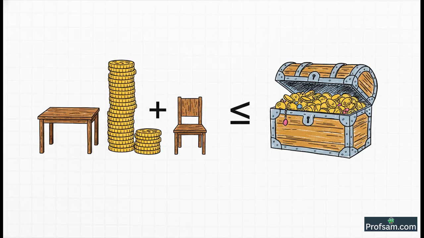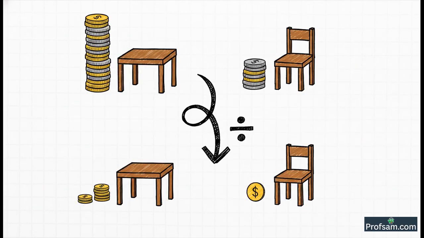Let's translate that first limit into a math equation. We know a table costs 2,500 rupees and a chair costs 500. So the total cost for X tables is 2,500X, and for Y chairs, it's 500Y. When we add these two costs together, the total must be less than or equal to his investment of 50,000 rupees.